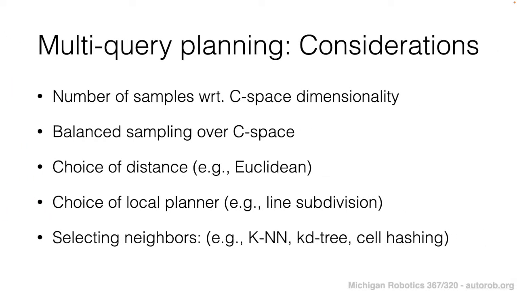So a few considerations that are important to keep in mind for multi-query planning. The first is that the number of samples that are needed to create our roadmap is going to be based on the dimensionality of configuration space. So as the dimensionality of configuration space grows, you'll need to increase the number of samples to cover the space well. The second important detail is to consider how your sampling is actually defined. So whether you use uniform sampling or non-uniform sampling in order to sample portions of the configuration space based on performance,